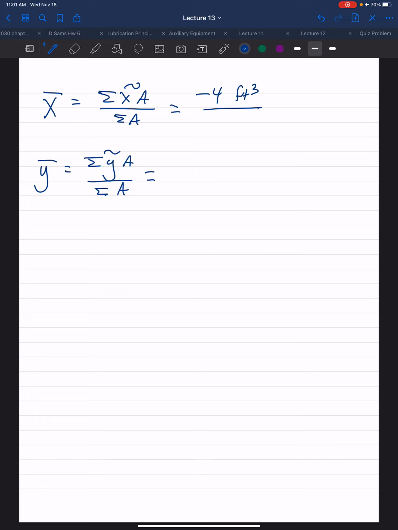The sum of the areas is 11.5 square feet. Likewise, for y, divide here. So this means that for the composite shape,